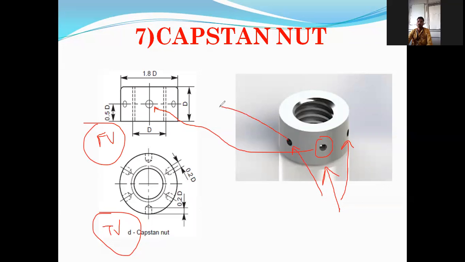What is the shape of this? Suppose from here to here, what is the shape of this? Whether it is looking like a circle or something like an ellipse. It will look like an ellipse because it is on an inclined surface. If you see it from the front, if it is perpendicular to you, then it will look like a circle. In other cases, it will look like an ellipse.